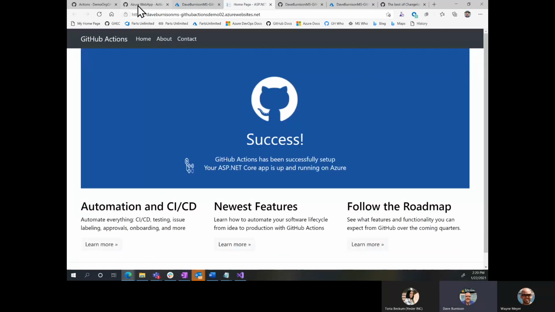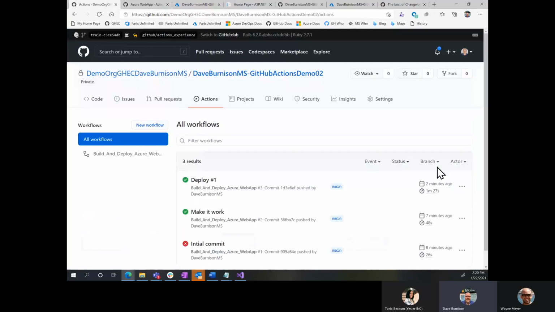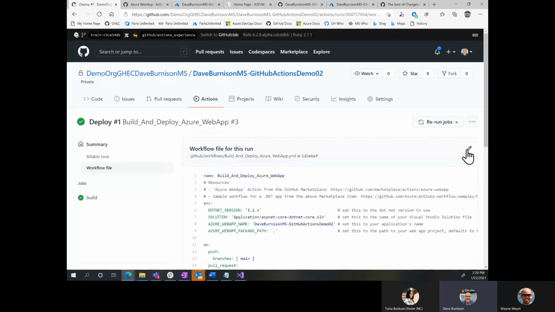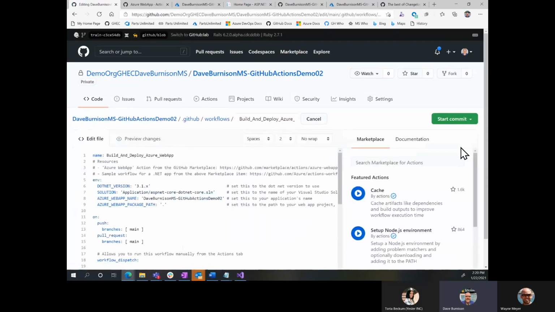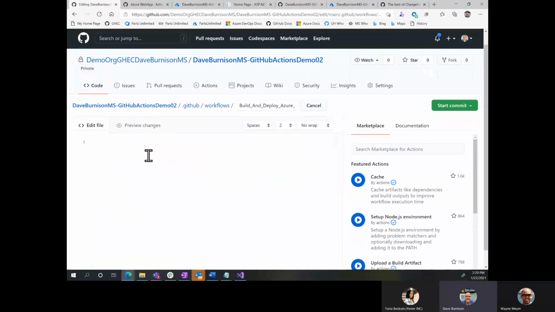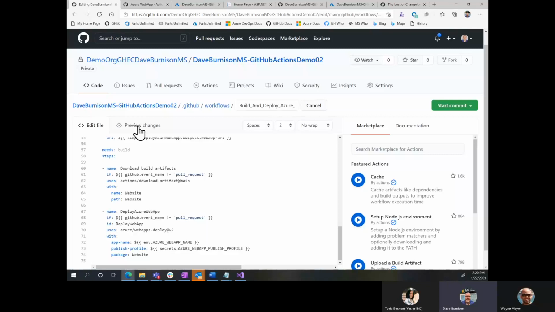But now let's change that code so that we drop in the management of the environment, and we have that approval in the middle there. So again, I've got that code ready to go. So I just need to go over to this file and drop in all of these changes.